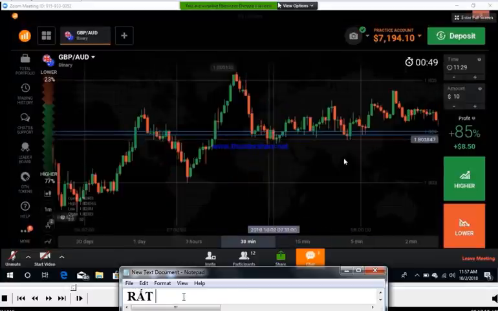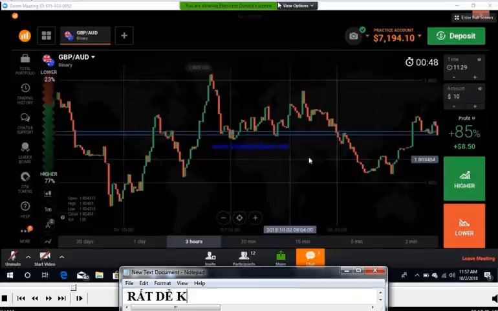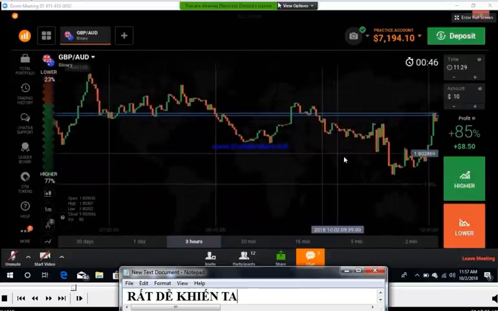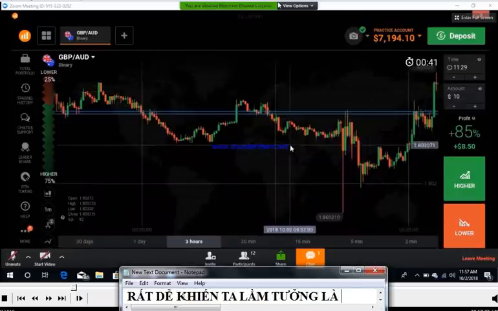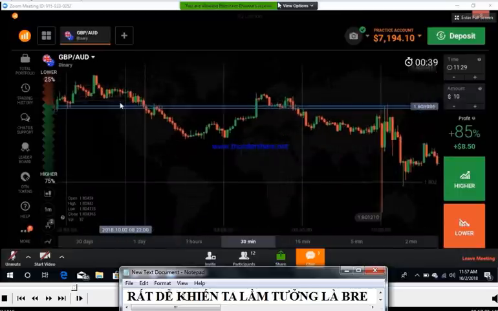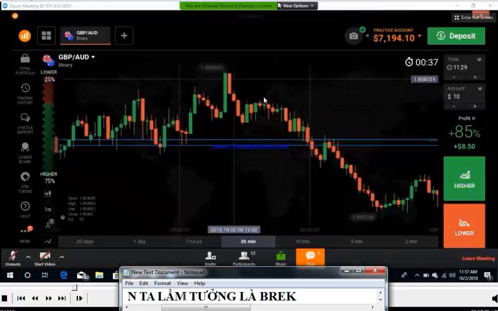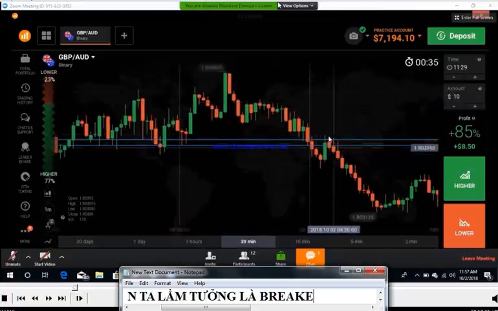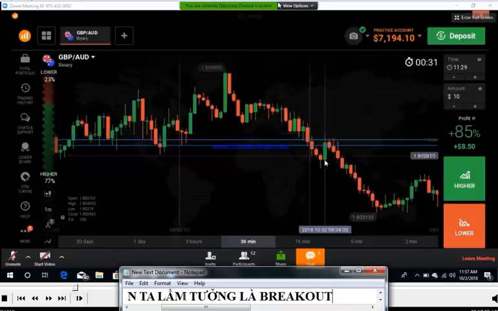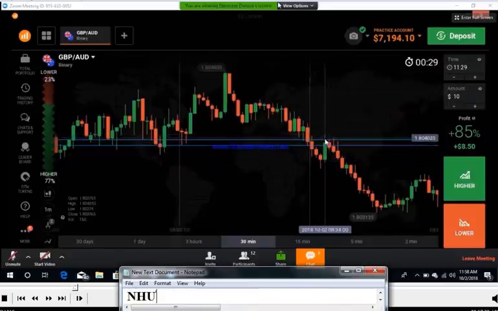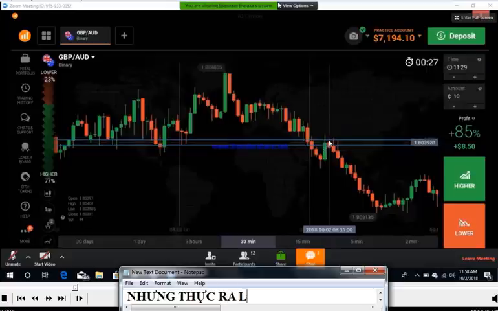Okay, this is the strong level, so you need to trade in the direction. Okay, you can see this is a downtrend, right? This is a downtrend, this is a minor downtrend. You can trade here, right? This is a very strong level, right? This candle, this is a very strong candle. This candle closed below the level with rejection. You can trade on the next candle in the direction. In the direction means lower option.